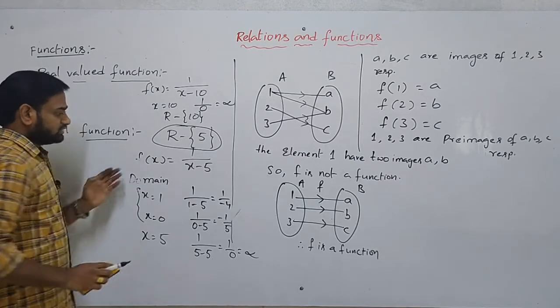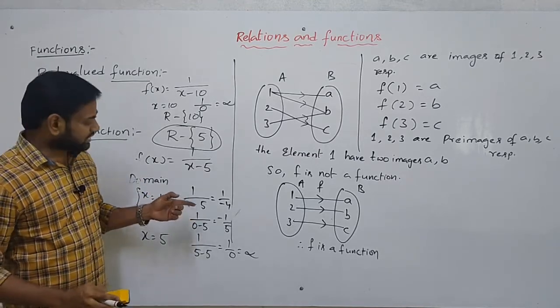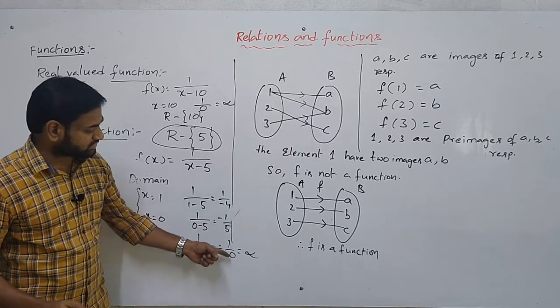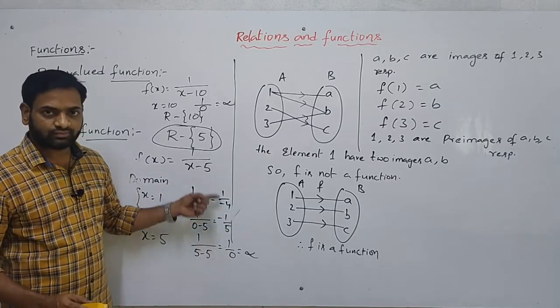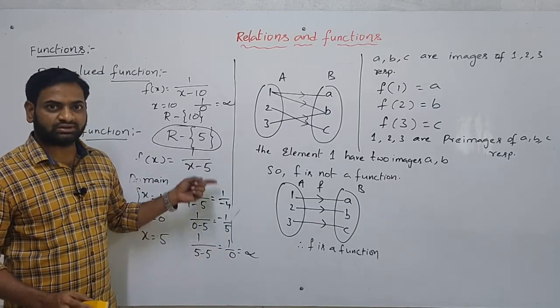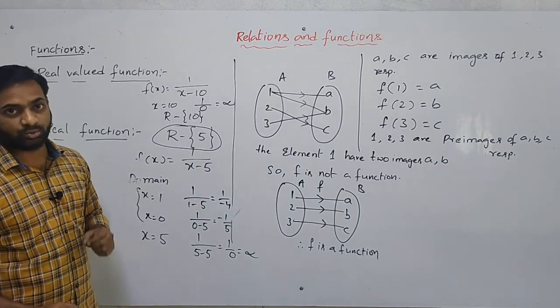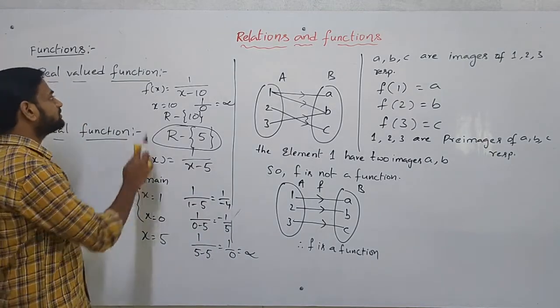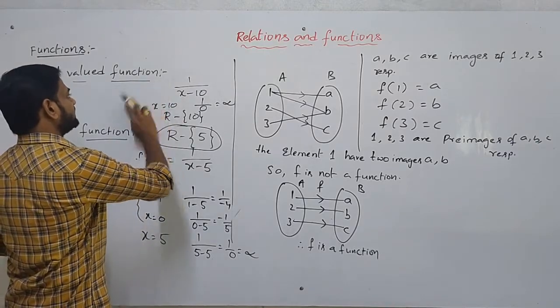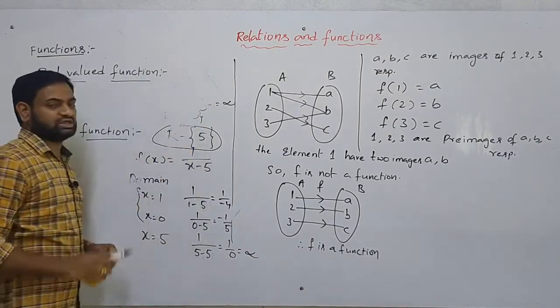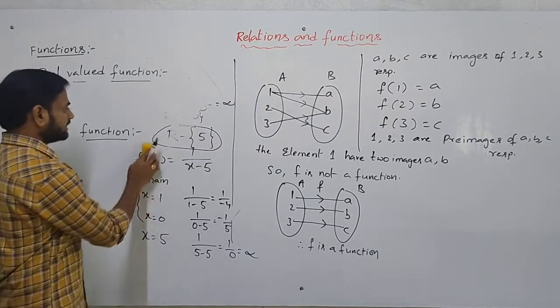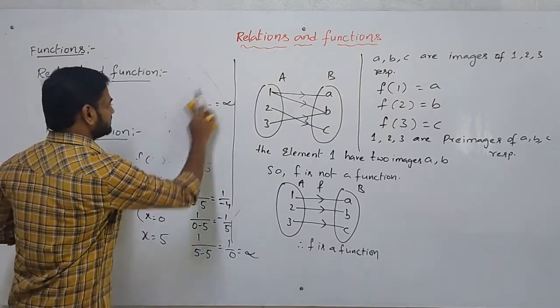Next, what does range mean? Range means the result. Range is nothing but the result we get from the domain values. So, for example, I explained here. Later, I will explain clearly and give more examples.